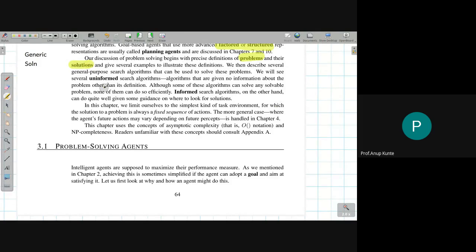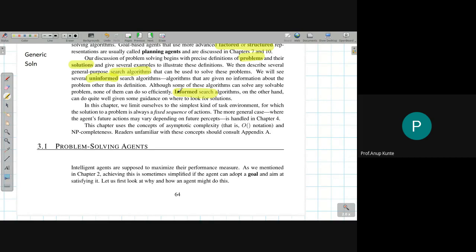Further in the chapter, as we move to module number 2, we'll be talking about how the problem solving agent solves the AI problem using search algorithms. We'll be applying search algorithms, which are generally referred to as state space search algorithms. There are two distinct kinds of state space search algorithm that we are going to study, and they are there in our syllabus as well. One is uninformed search, and the other one is informed search.